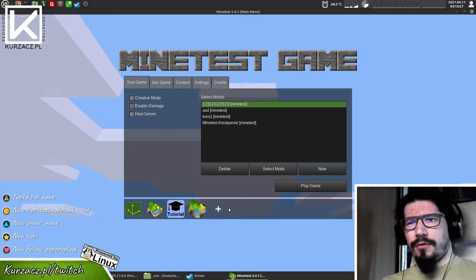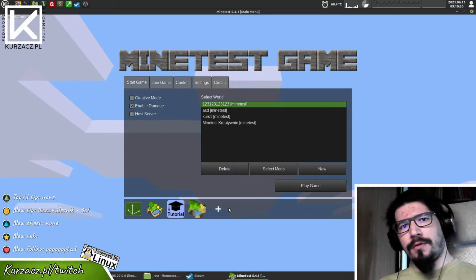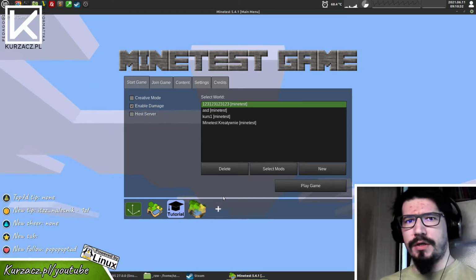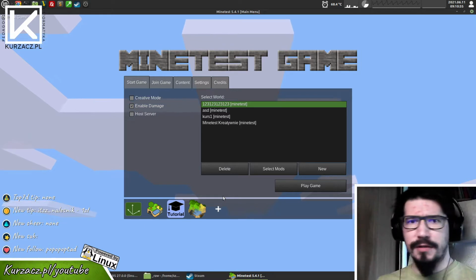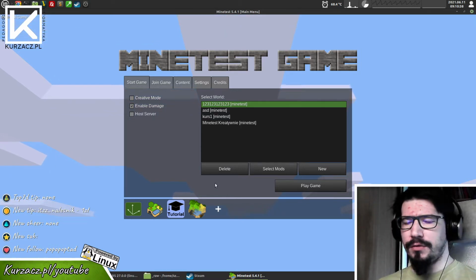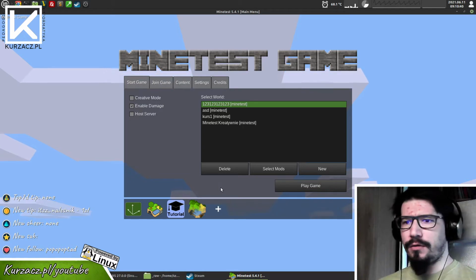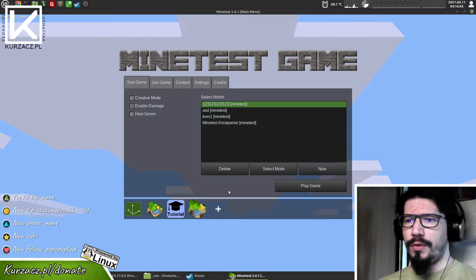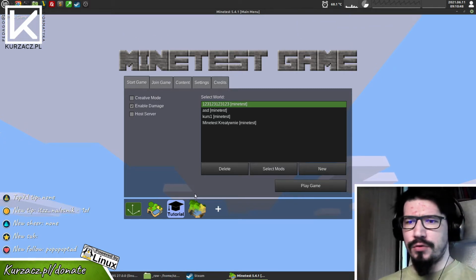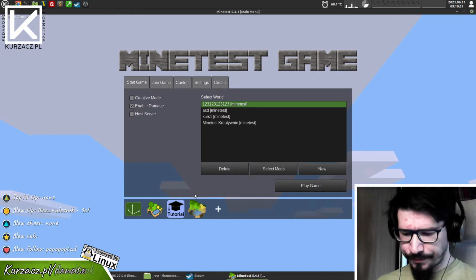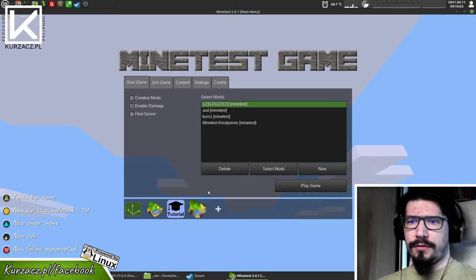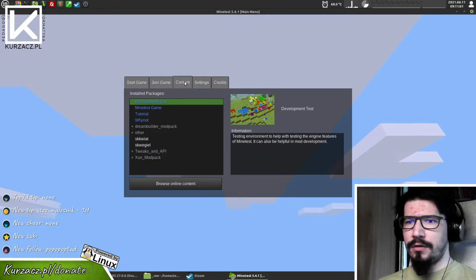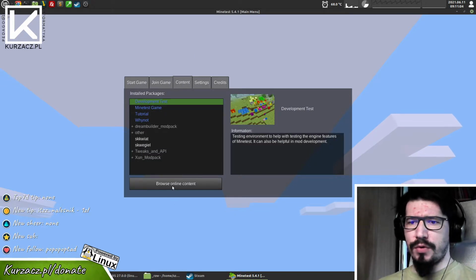Just after downloading your Minetest game from the minetest.net website, you can download Minetest for any platform you want, including Android version or Macintosh or Linux or Windows, whatever you want. It should work even on some Chromebooks. After downloading, you will have only this basic Minetest game installed, but you can go into the content tab and browse online